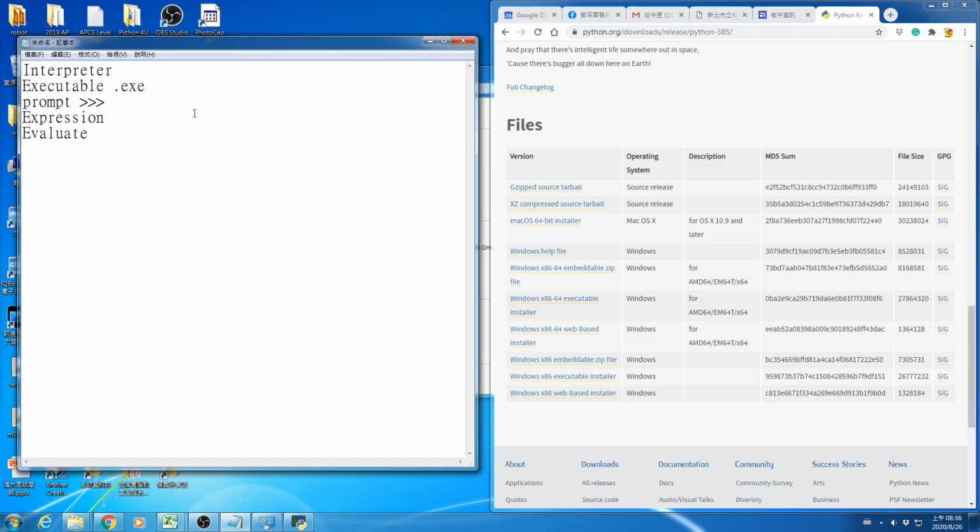What is an expression? An expression is a statement that's composed of operators and operands. All right? And what are operators? There are actually seven mathematical